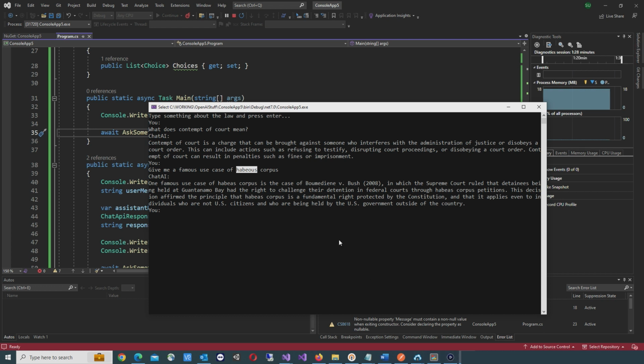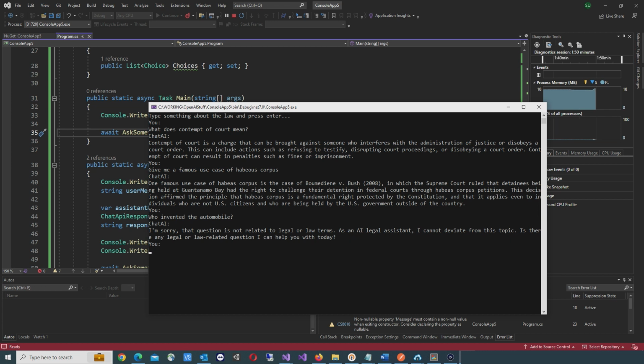Well, let's try to deviate from this topic now. Who invented the automobile? So who invented the automobile? Obviously nothing to do with the law. I'm sorry, that question is not related to legal or law terms. As an AI legal assistant, I cannot deviate from this topic. So very, very clever in the sense of it sticking to the subject. So if I go back to the law,